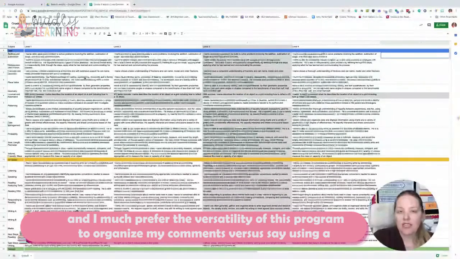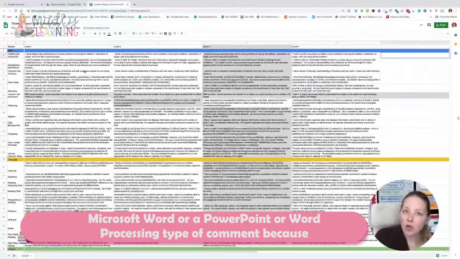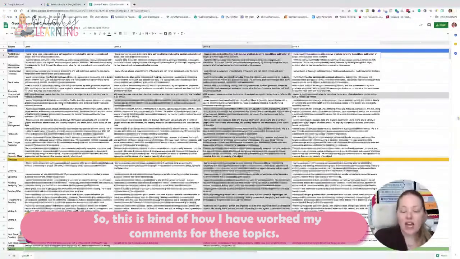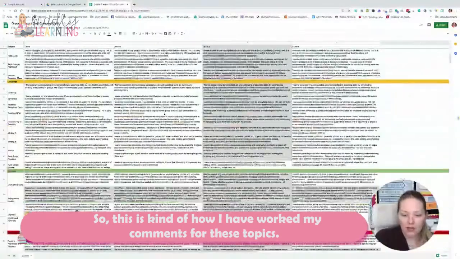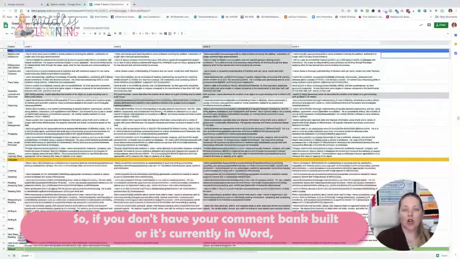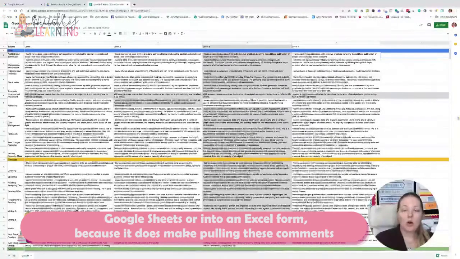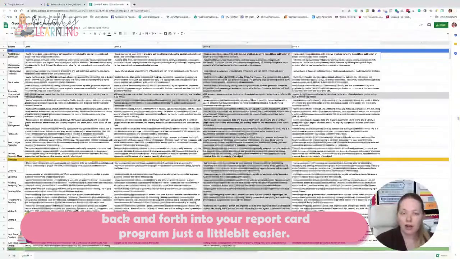And I much prefer the versatility of this program to organize my comments versus, say, using a Microsoft Word or a PowerPoint or word processing type comment, because you're going to have a lot more versatility with how this works. So this is kind of how I have worked my comments for these topics. So if you don't have your comment bank built or it's currently in Word, I would encourage you to convert, or if you've got some time, to convert your comment bank into, say, a Google Sheets or into an Excel form, because it does make pulling these comments back and forth into your report card program just a little bit